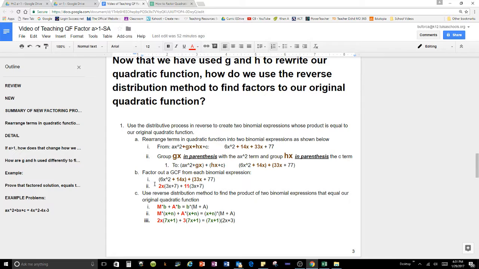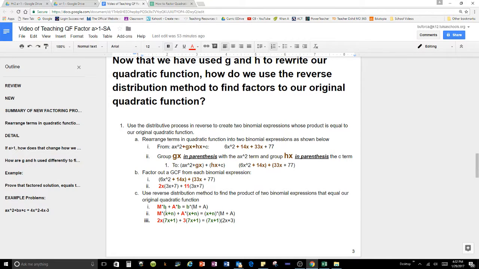And one of the things that you notice is when you pull the greatest common factor from each of these expressions, the number left inside the parentheses is going to be the same. And that makes it possible for us to use the reverse distributive method to actually come up with our solution. So let's look at